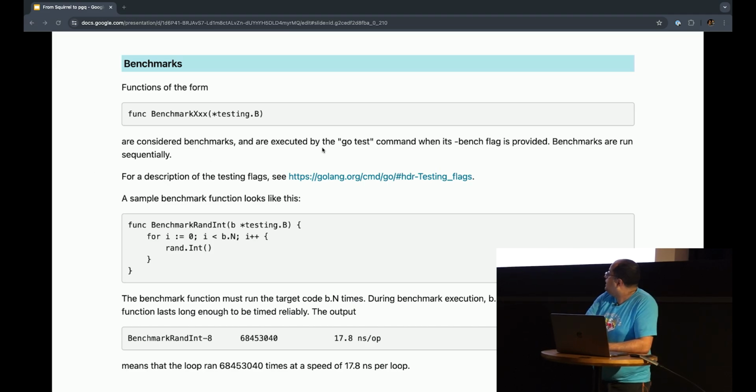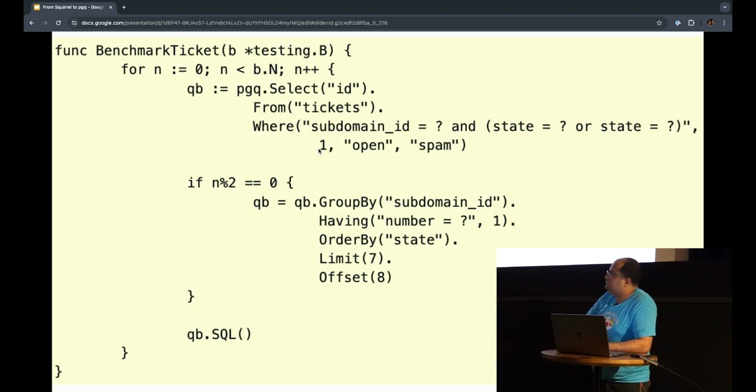This is another example that is closer to the benchmark I did with Squirrel and with another fork that I found. As you see, I don't do anything special besides iterating n times and running my own code.